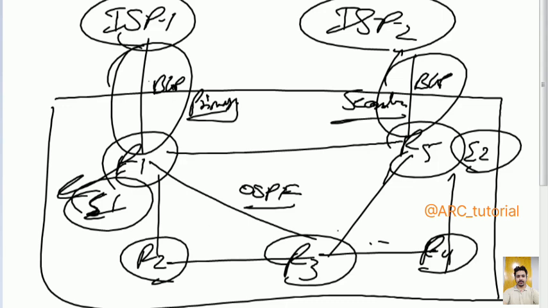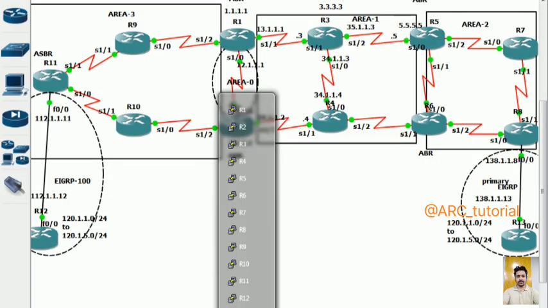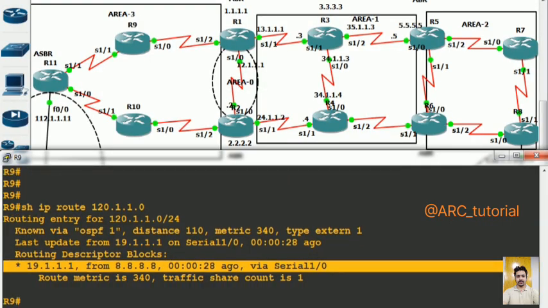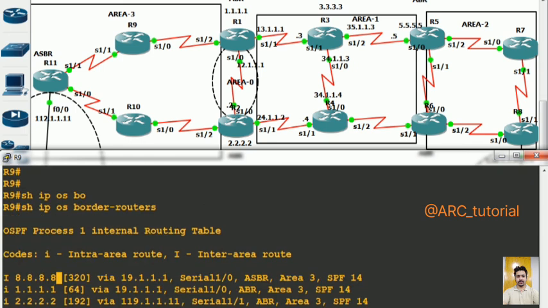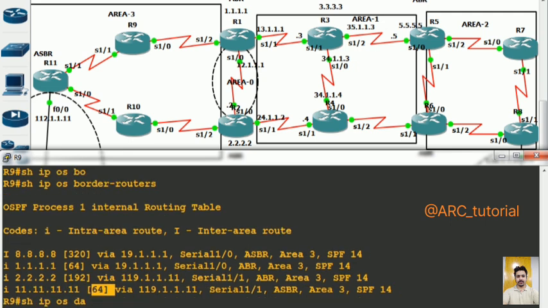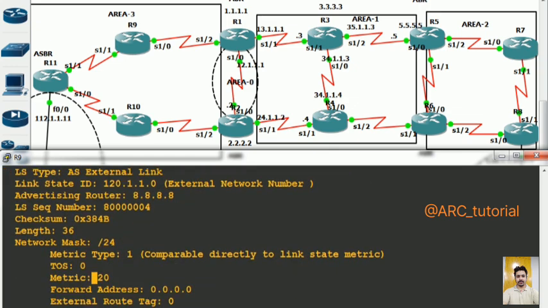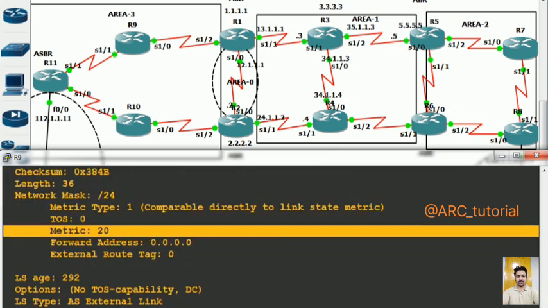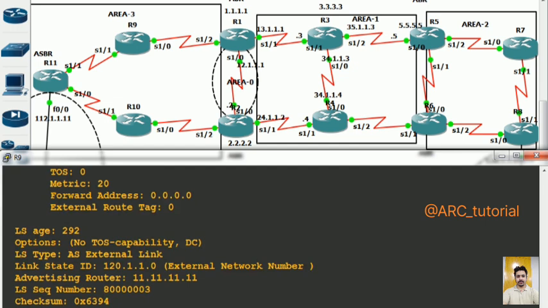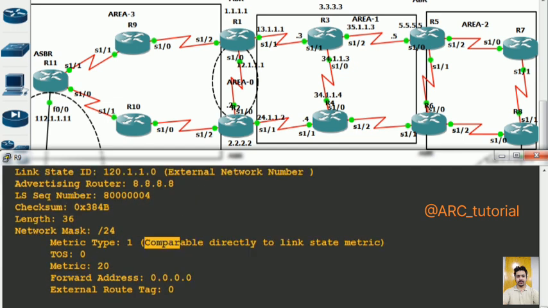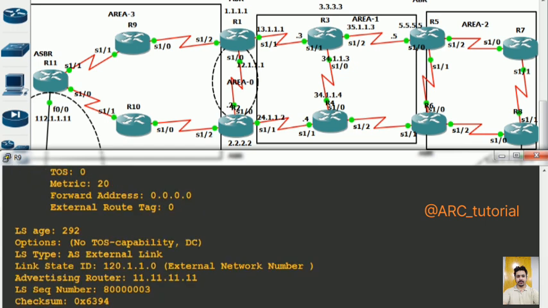However, you can see the total cost. See, move on R9. The cost to reach the ASBR R8 is 320, whereas to reach R11 it is just 64. And the seed metric given by both of them is the same. So in show ip ospf database external 120.1.1.0, see, the seed metric is also the same: given by R8 it is 20, whereas given by R11 it is also 20. But still it is preferring via R8. You know why? Because E1 is comparable directly to the link state metric,